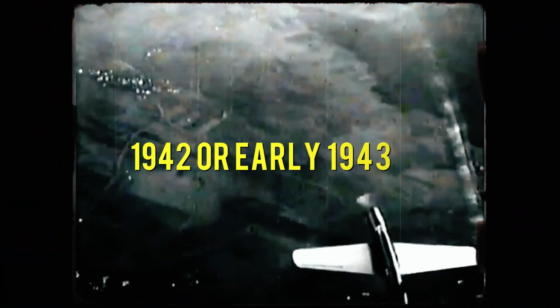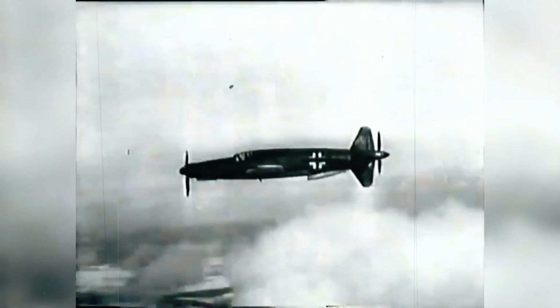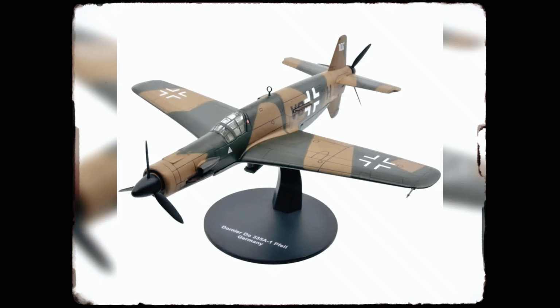Had the Do-335 been deployed in significant numbers in 1942 or 43, its impact might have differed. Its high speed made it an excellent interceptor of Allied bombers, allowing it to engage before bombers reached their targets and inflict substantial damage with its heavy armament. However, introducing a complex new aircraft required extensive training for ground crews and pilots. Mass production of components and establishing a support infrastructure were challenges that were just insurmountable for Germany as their war